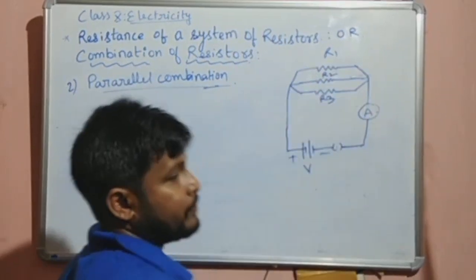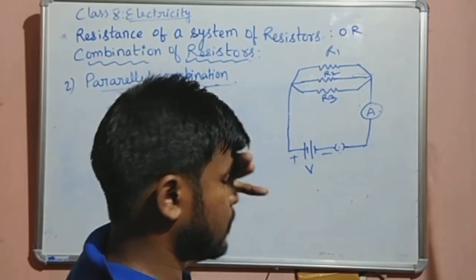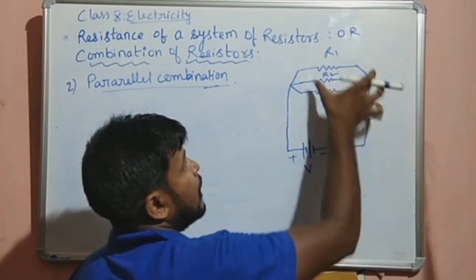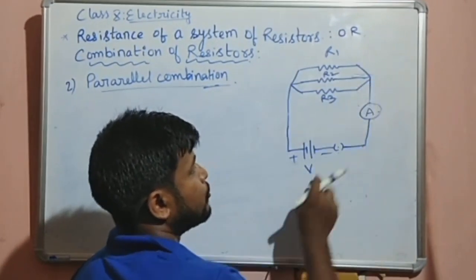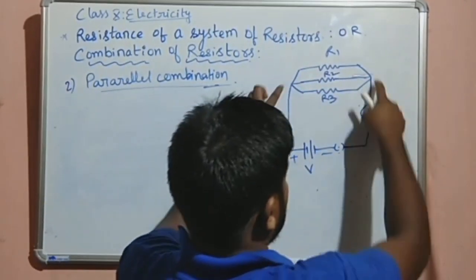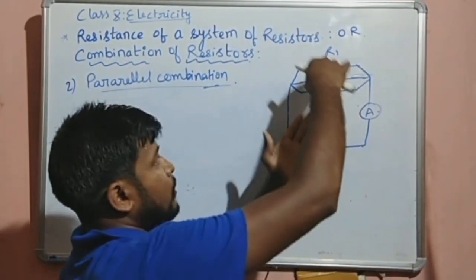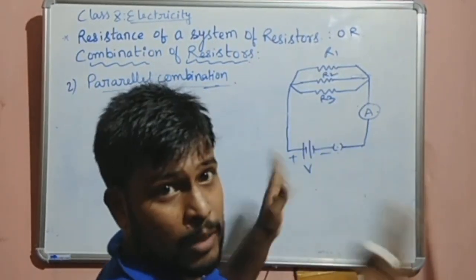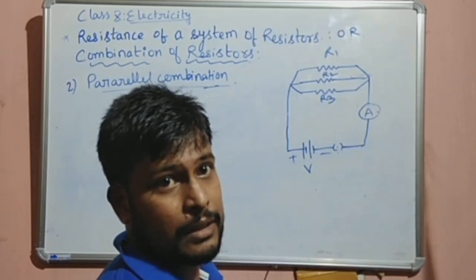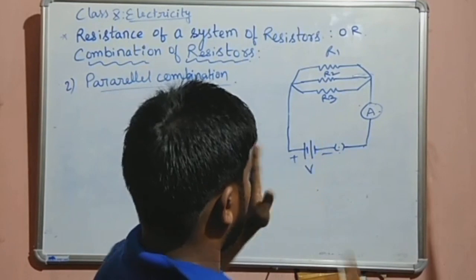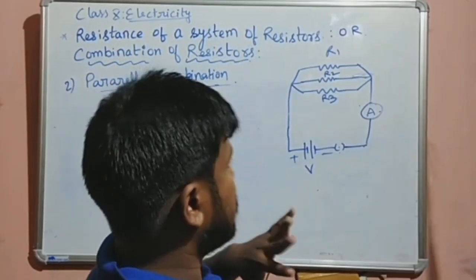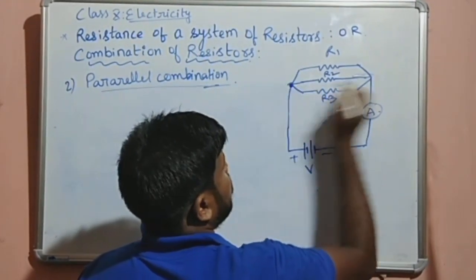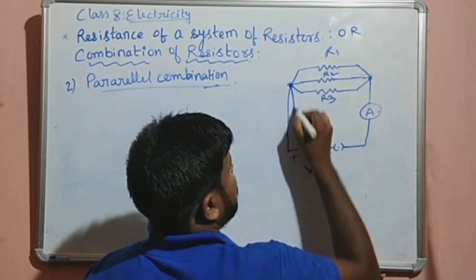How to measure the potential difference across these 3 resistors? V amount of potential. The battery is connected directly to R1, also directly to R2, and directly to R3. That means all of R1, R2 and R3 are connected directly to the battery, so all are getting an equal amount of potential. Here there is no discrimination that one will get after another. All the resistors are getting the potential directly from the battery. So suppose I am introducing a voltmeter.